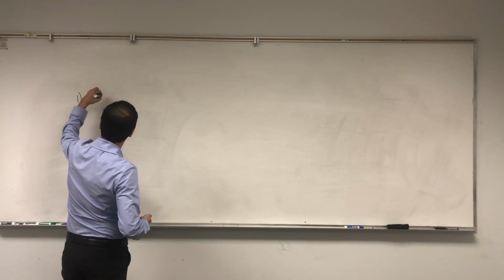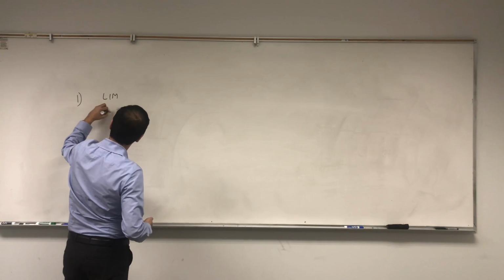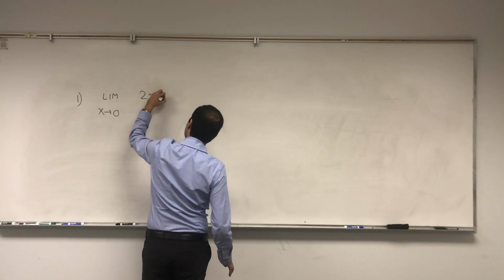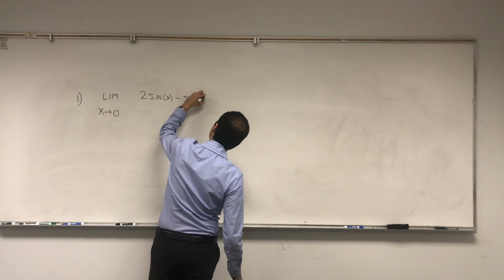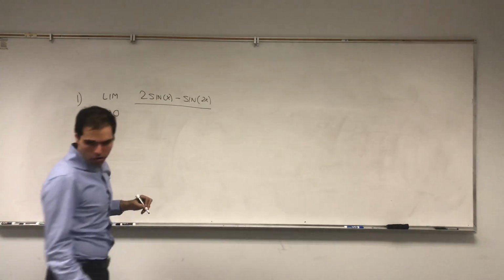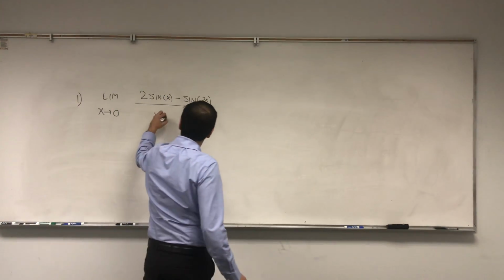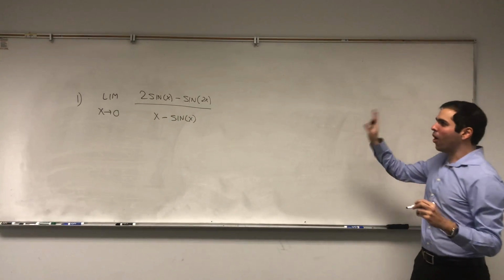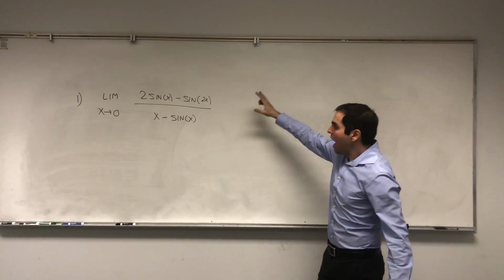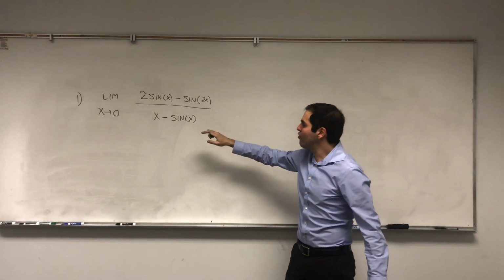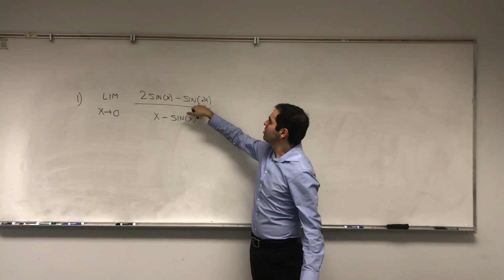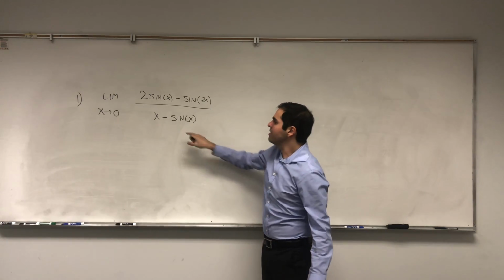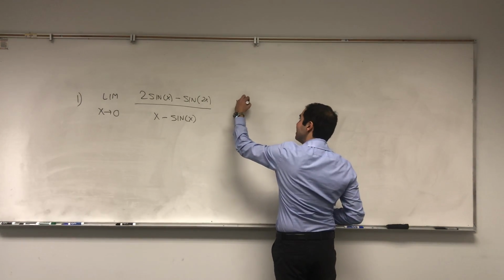And you'll see why. So let's calculate the limit as x goes to 0 of 2 sine of x minus sine of 2x over x minus sine of x. Now, remember, always before doing L'Hopital's rule, you have to check that this limit is of the form 0 over 0. So this is 0, right? Sine of 0 is 0, sine of 0 is 0. So this is 0, and then 0 minus 0 is 0. So indeed, this is